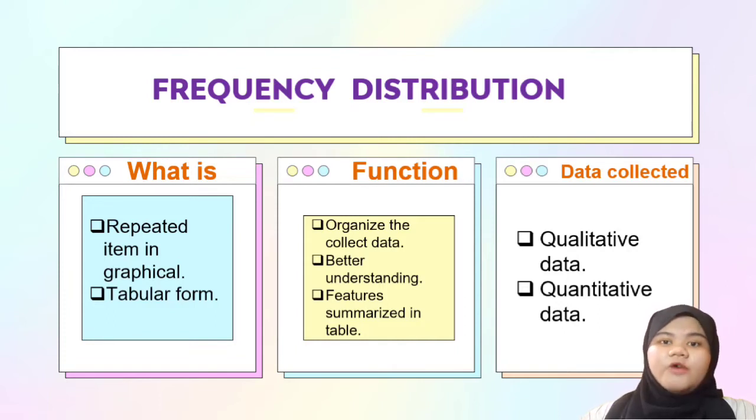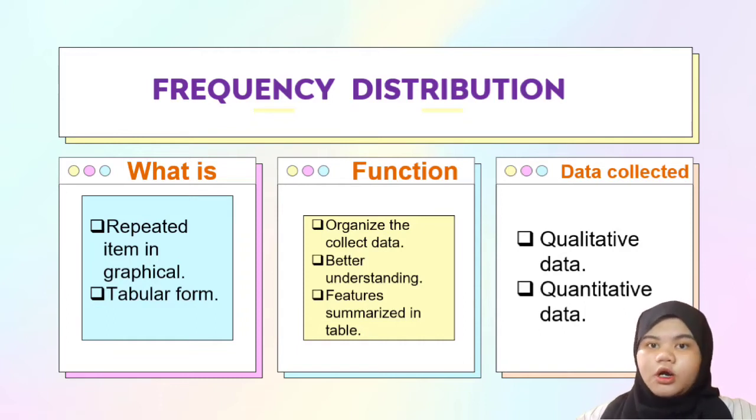The function of the frequency distribution is to organize the collected data in tabular form. Data can be scores of a student, different city temperatures, and point scores in a volleyball match. After data collection, we need to present data in a meaningful way for better understanding. Arrange the data in such a way that all its features are summarized in a table. This is known as the frequency distribution.